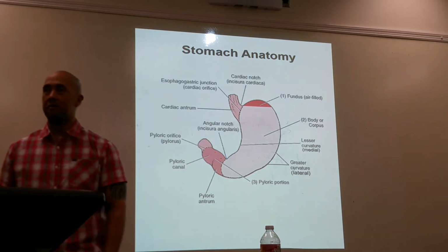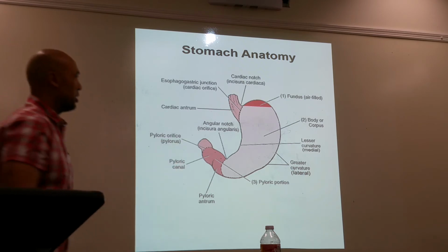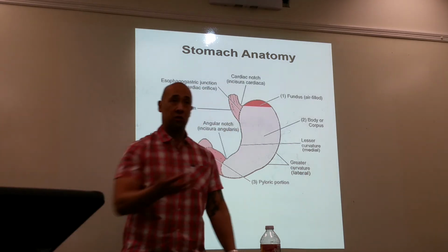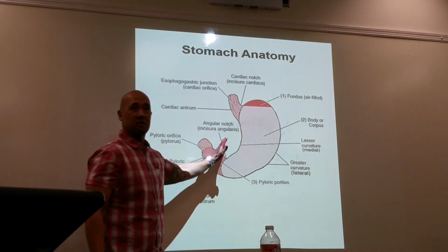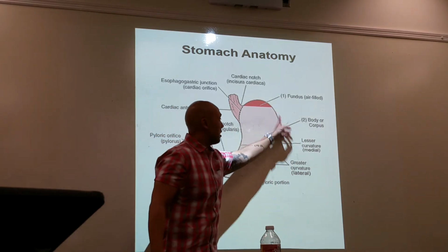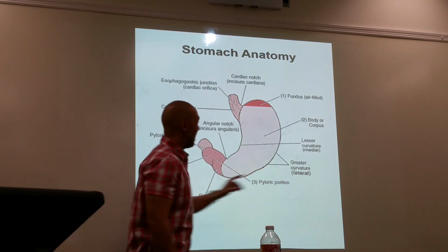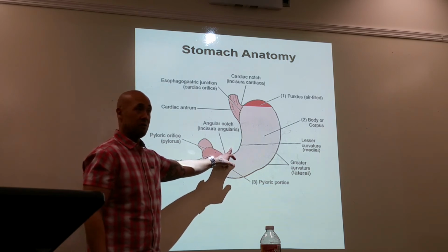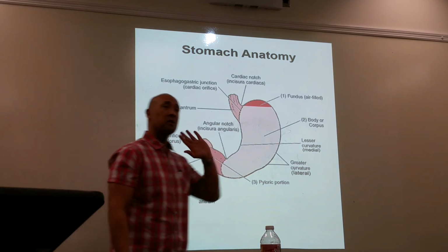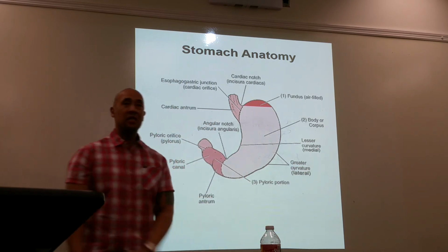Three main parts. Other parts or areas of the stomach that you need to know. The stomach has 2 curvatures. It has an outer curvature, it has an inner curvature. This is the larger one, so it's called the greater curvature. And this is a smaller one, so this is the lesser curvature. Okay? Greater is on the lateral side. Lesser is in the